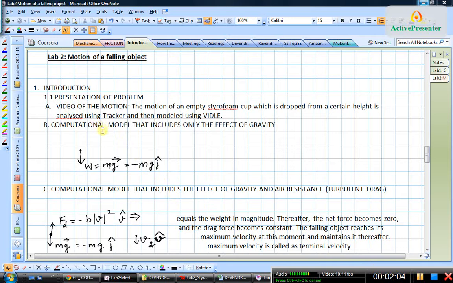So now let me explain how I modeled this data using VIDLE. I did two models. In fact, I did three models. The first model I did was to include only the effect of gravity. So in that model I just took the net force as due to the weight of the styrofoam cup, and